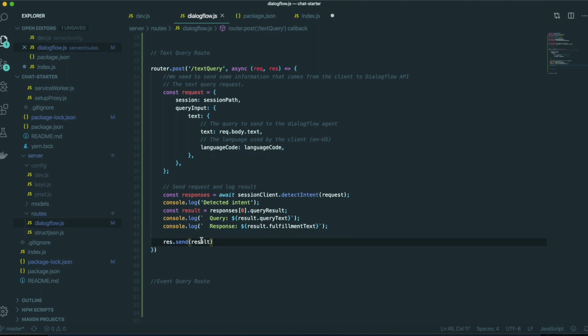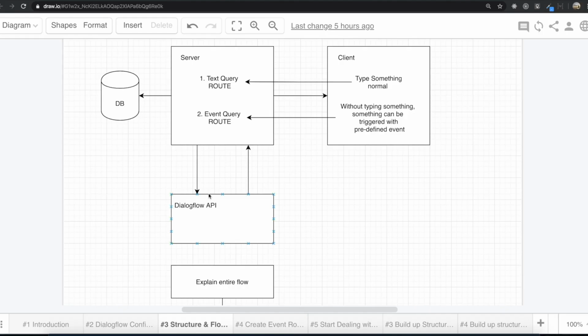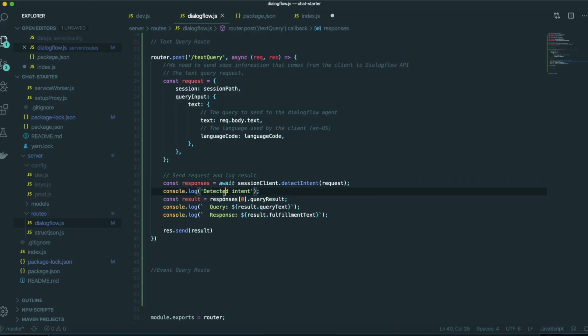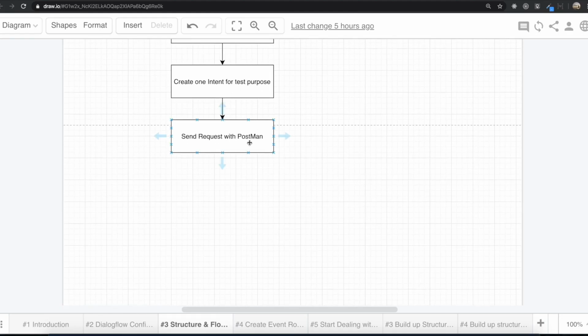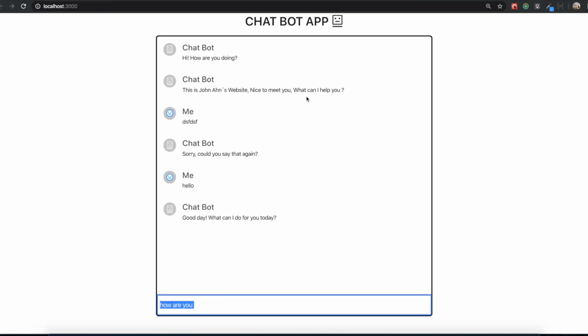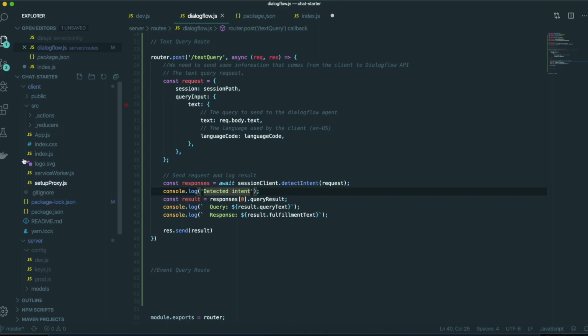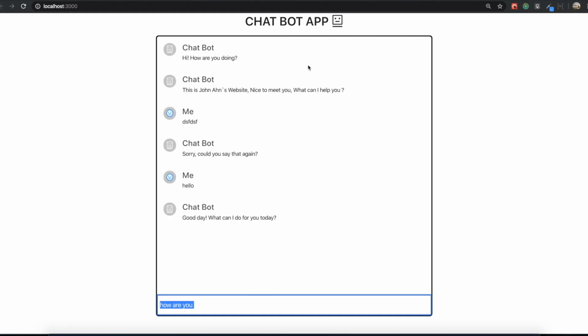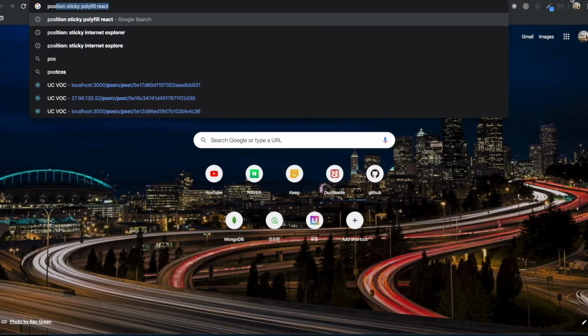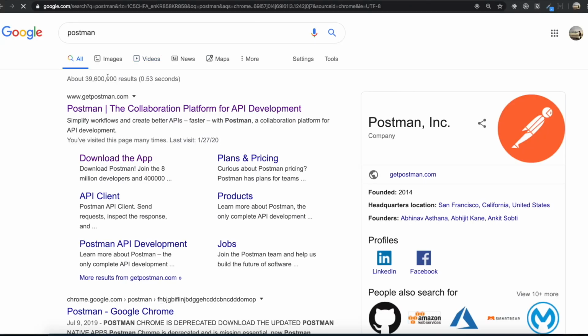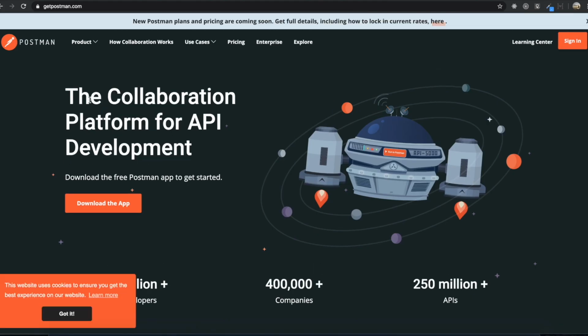So now first I want to use this route to send some information into the Dialogflow. To do that, we actually need Postman, because we don't have this client yet, because we didn't make any React things in here. So that's why we need to use Postman. So if you type Postman in here